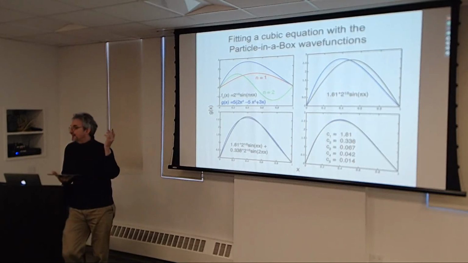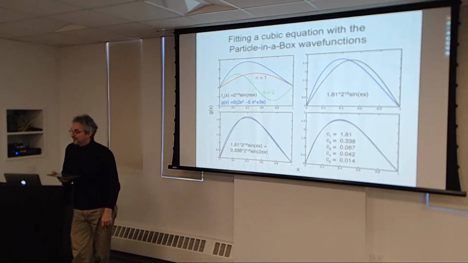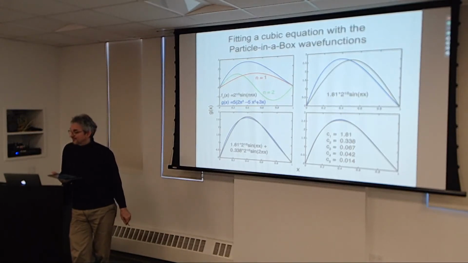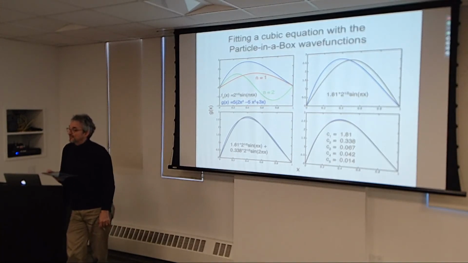I just made up a function, a cubic polynomial. It turns out that for a function defined over 0 to 1 that starts at 0 and ends at 0, so the value of the function is 0 when x is 0 and is 0 when x is equal to 1,